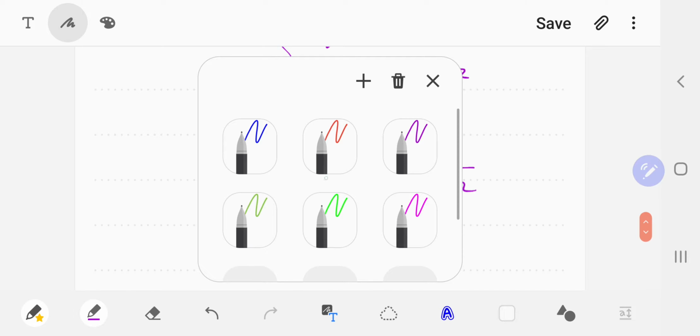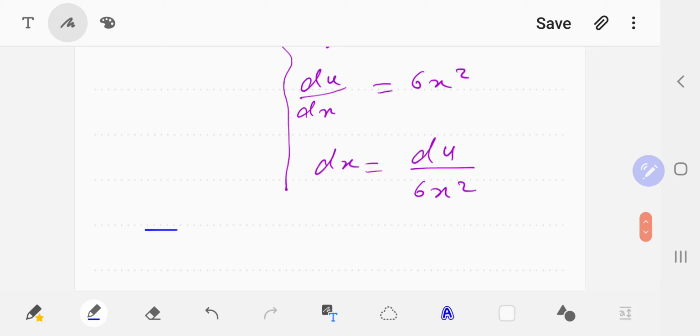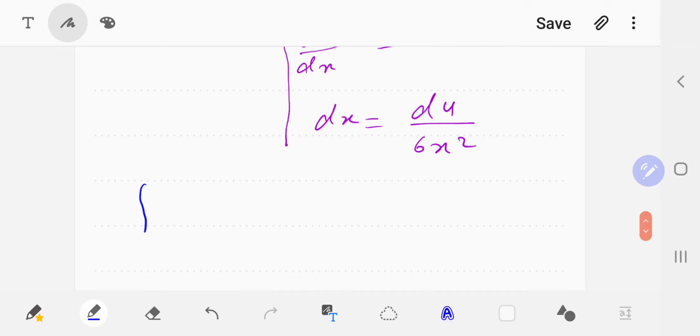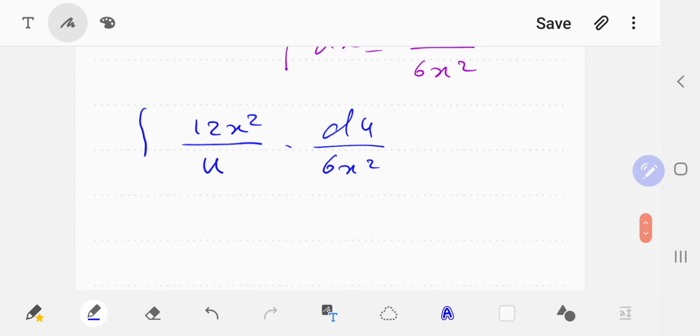This means my integration will become 12x squared over u times du over 6x squared. Simplify, this will be 2 times the integration of